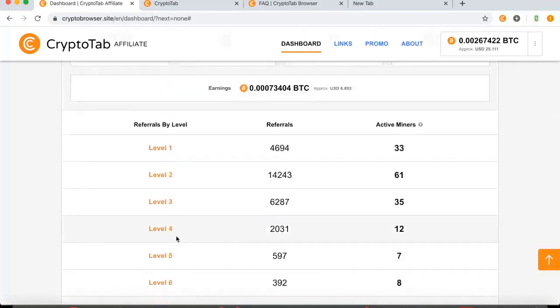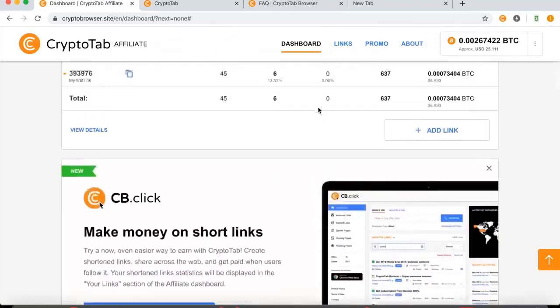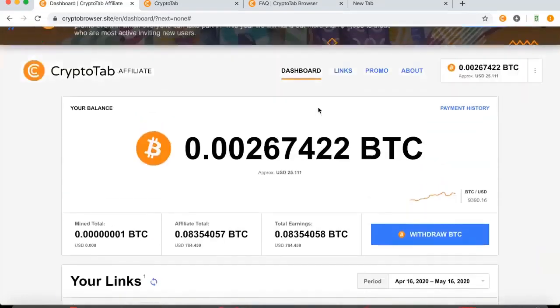So that means up to 10 different people can be referred by you referring just one person, and you get a portion of their earnings for all those 10 people. So it's really nice because it's more like a hierarchy of referrals rather than just a straight one-to-one referral. So you can get a lot of referrals just by getting someone that shares it with other people, and then they share it with their friends, and it just keeps on branching out until you have a whole bunch of people that you have technically referred under these 10 levels, and you can get a good amount of money just